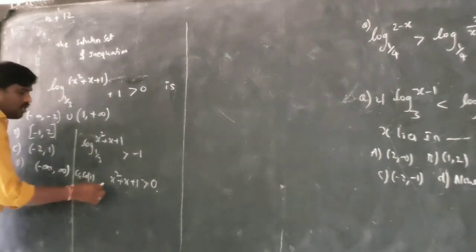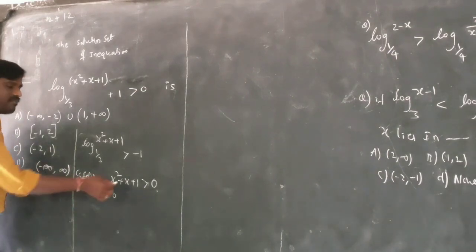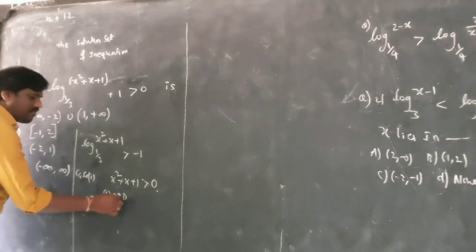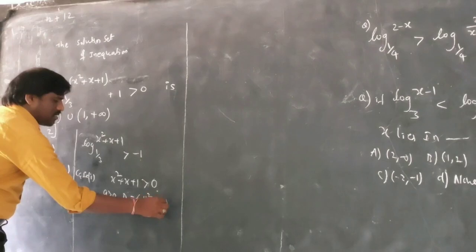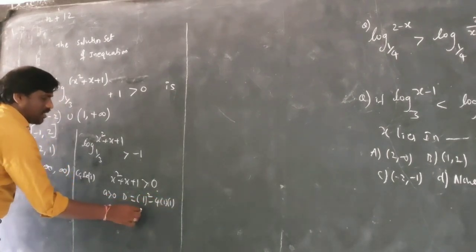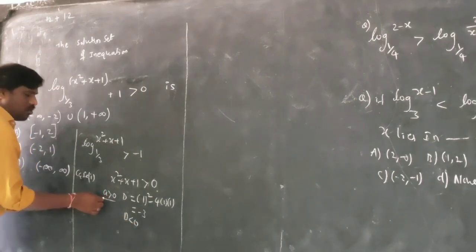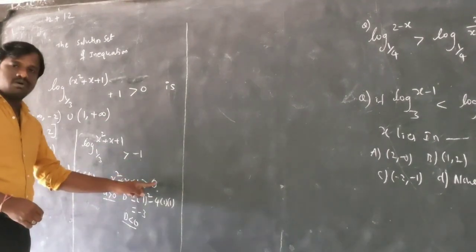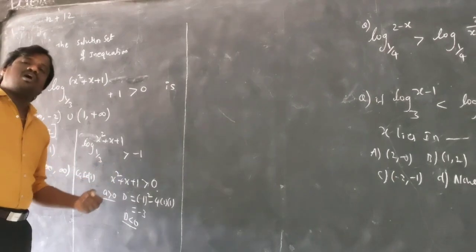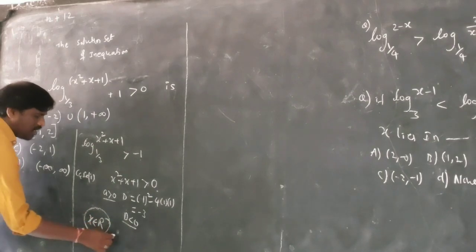How to find the solution? You see the leading coefficient of this quadratic equation. The leading coefficient is greater than 0 because this is 1. And find the discriminant whenever you get a case like this. Discriminant is equal to b square minus 4ac. Therefore, I get 1 minus 4, which is minus 3. Discriminant less than 0 and a greater than 0. What is the solution for the quadratic expression greater than 0? It is greater than 0 for all real x. So x belongs to real numbers is the solution in case 1.